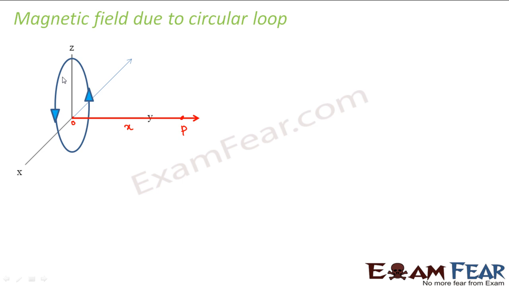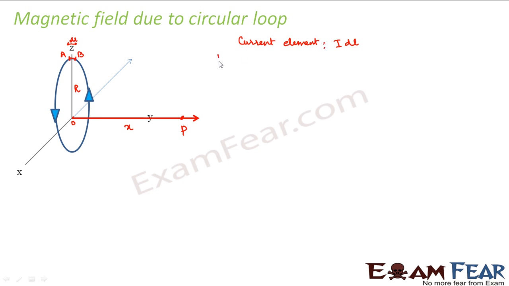And let us suppose that the radius of the circular loop is capital R. So you have to find it out at this point. Let us suppose I consider a small element, let us say AB, of length dl. So this element is of length dl, right? So what is my current element here? The current element will be I dl,